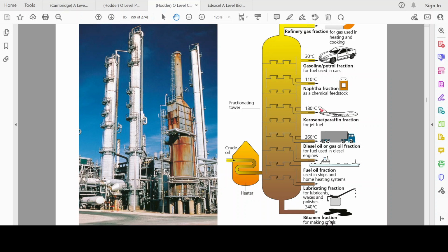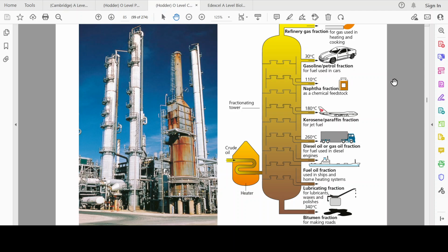So there's bitumen, which is being collected down here, so it doesn't really boil. There's no vapor, so it just collects, right? And this is used for making roads. Then you've got lubricating fractions, which condense almost immediately, right? And so for lubricants, waxes, and polishes, then you've got fuel oil, you've got diesel oil and gas oil. Then you've got kerosene for jet fuel at 180, at 110 you've got naphtha, a chemical feedstock. Then you've got 30 degrees, you've got gasoline or petrol, and that's why petrol is